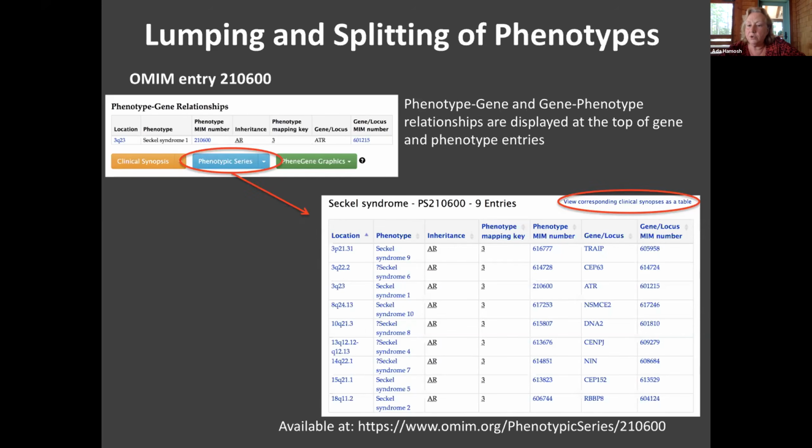And this list shows the phenotype and the gene. These are live links. And a question mark, which I'm going to talk about in a minute, means it described one family only. So it went in with a question mark, which is like hyper limited. We don't do the definitive, strong, moderate, etc. But one family gets a question mark, and I'll explain all that in a second. And by the way, in this case, every one of these has a known gene, but there are phenotypic series where there are loci that were previously mapped where the gene is not known. In that case, you'll know that because the MIM number is the same for the phenotype and the gene. Otherwise, they would be different.